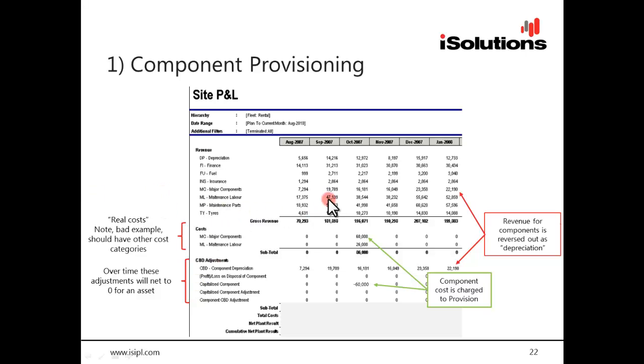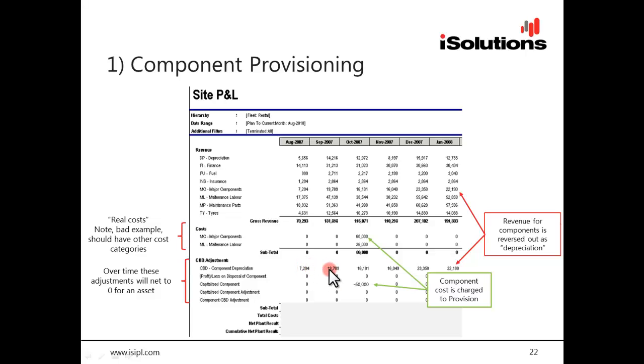So in this case here, we've got major components of income coming in of 7,294. You probably can't read it, but that's what I'm circling. That same number then, so that's revenue coming in. You had no cost on your components. So that is then transferred out of your P&L as a cost on your P&L and credits your provision account for that